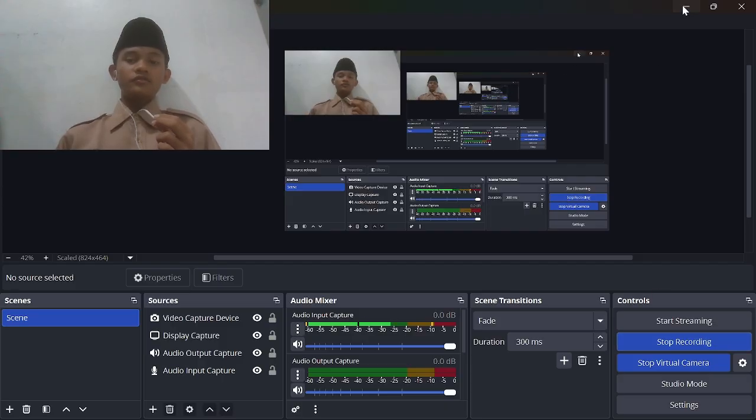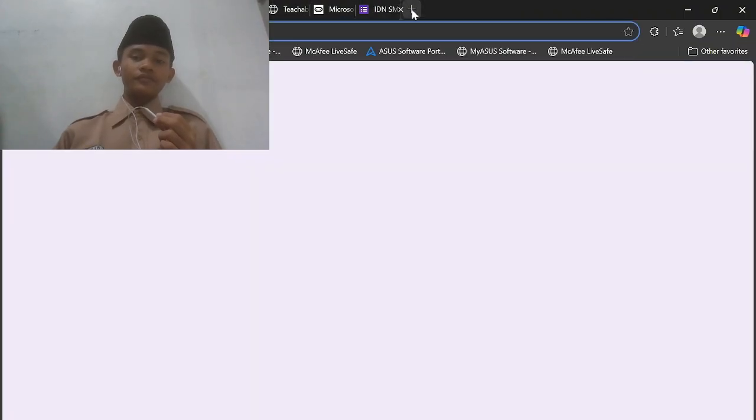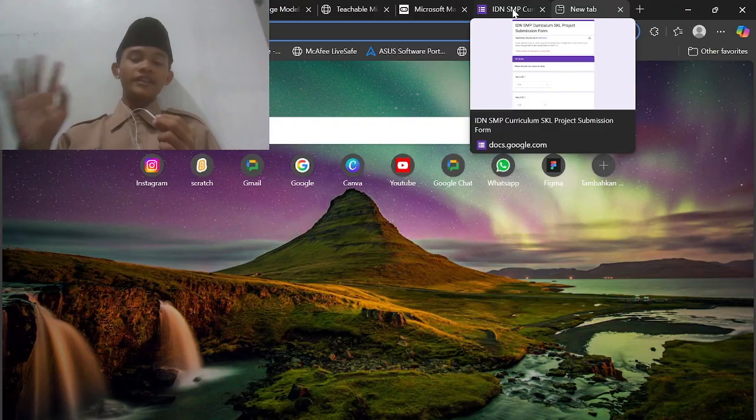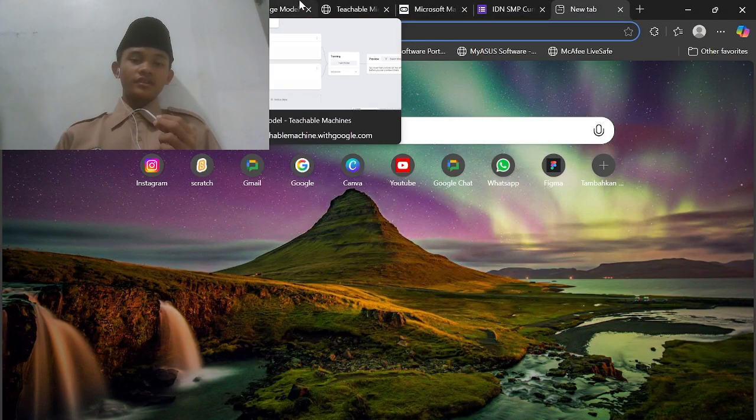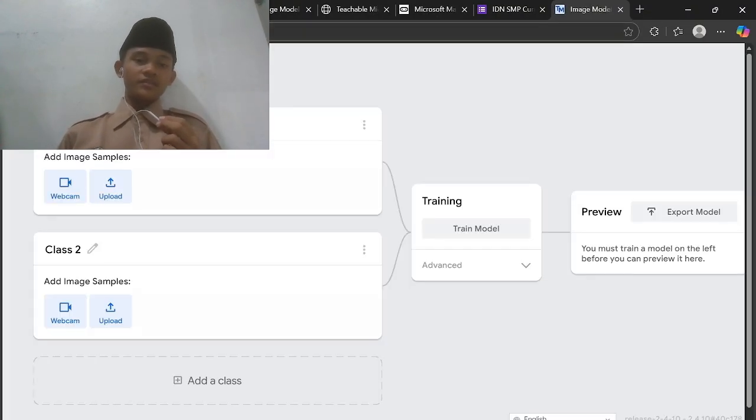You need three websites. The first is Teachable Machine. Teachable Machine is like an AI, you make an AI with your camera.